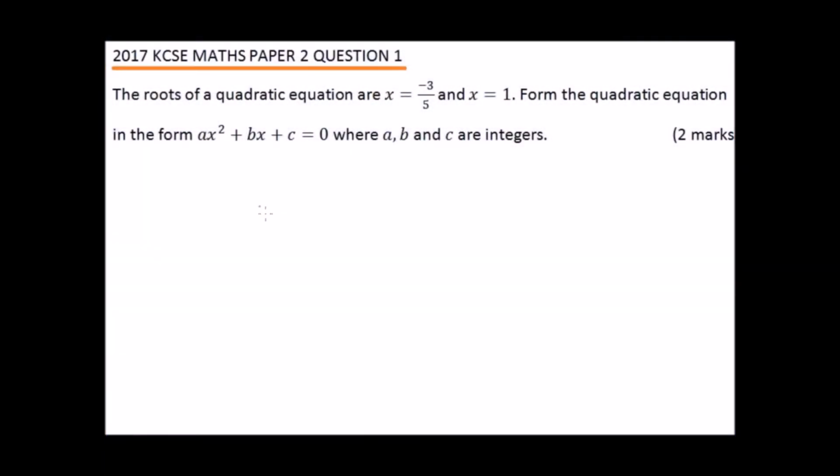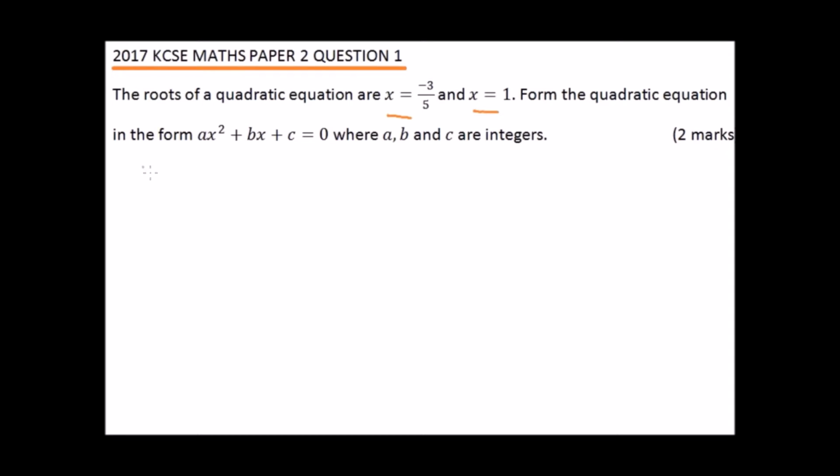So this is a 2017 KCSE Paper 2 question 1, and it says the roots of a quadratic equation are x equals minus 3 over 5 and x equals 1. Form the quadratic equation in the form ax squared plus bx plus c equals 0, where a, b and c are integers. Now if you are given x equals minus 3 over 5 and x equals 1, it means the